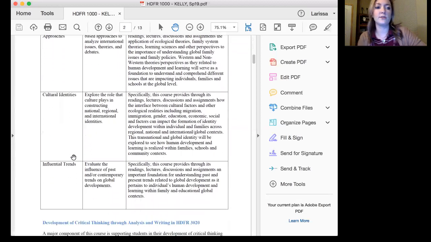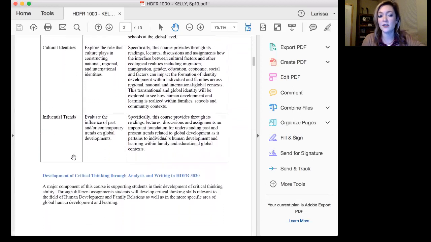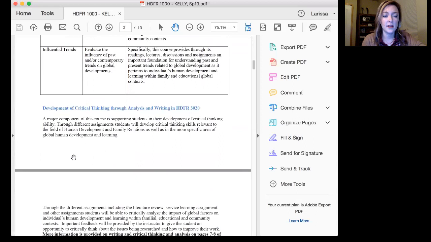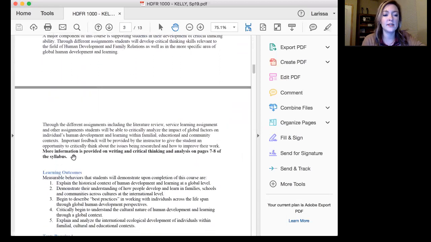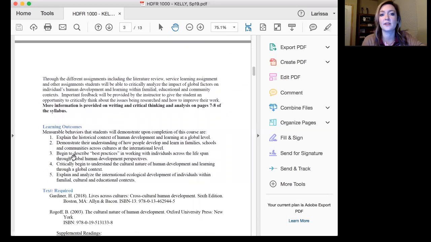So as we scroll through, definitely take a look at these and read in more detail. And then there is a whole piece in here about the type of critical thinking and analysis that we do in this class. One of the main goals and objectives in this class is to really increase your skills, not only in critical thinking and analysis, but also in writing.